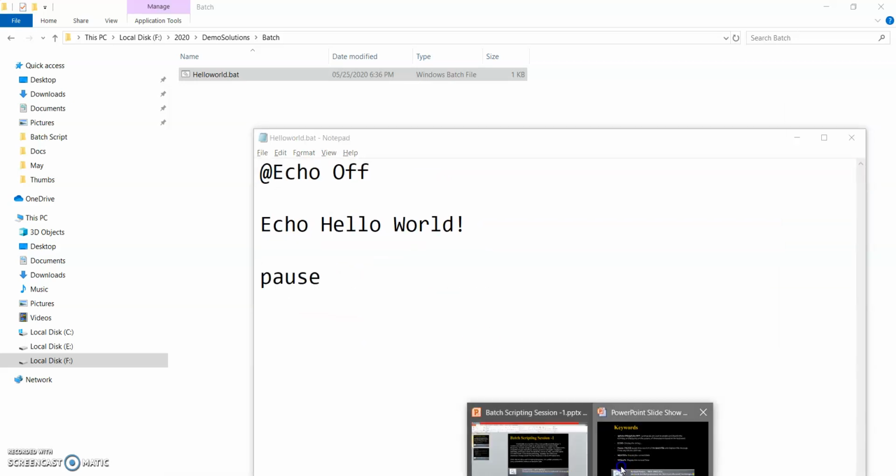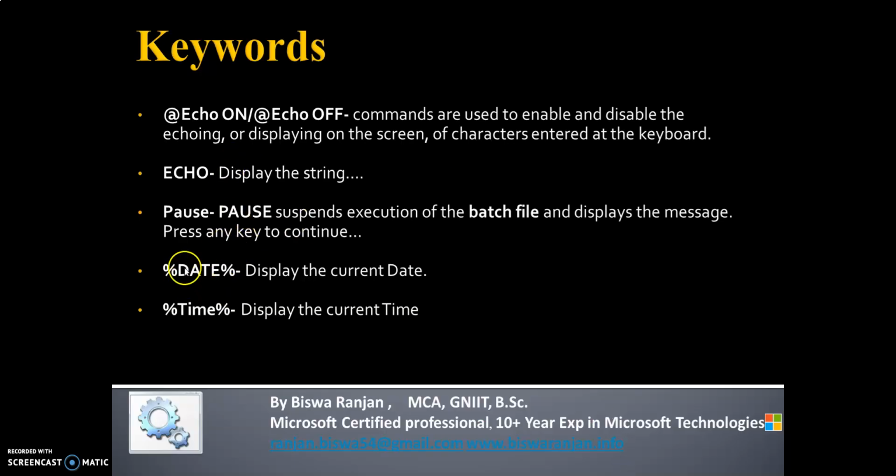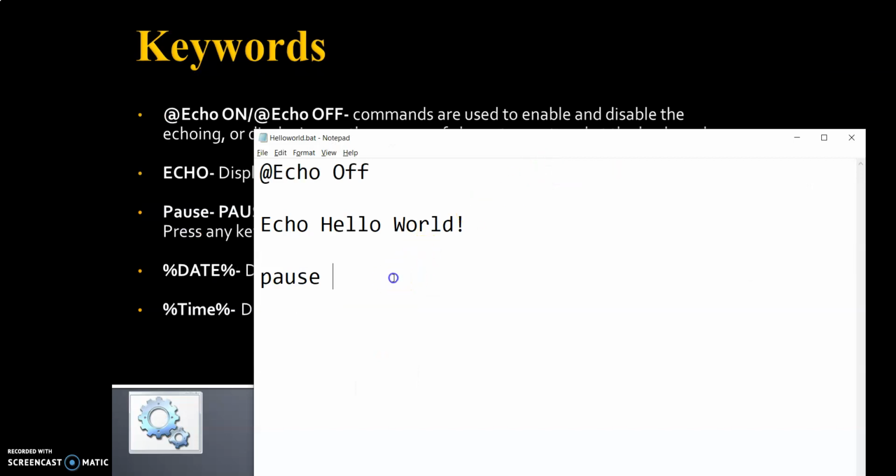Next, we are going to display date and time. So go to Notepad. Again, wait for user input.